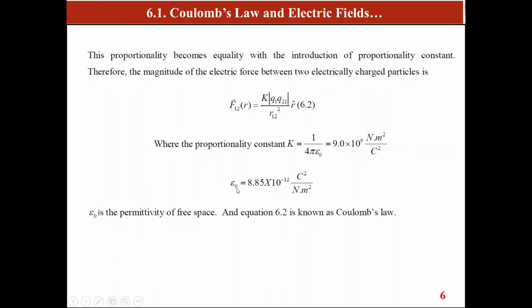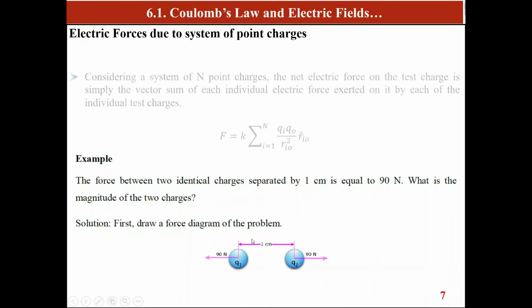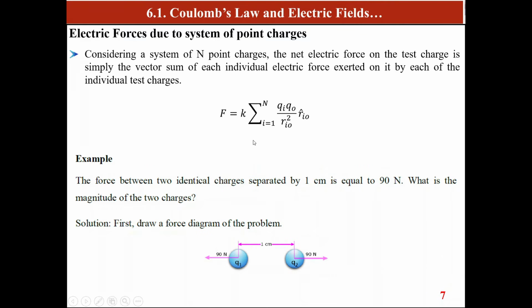Epsilon naught is equal to 8.85 times 10 raised to minus 12 Coulomb square over Newton meter square. So K in general: substitute this value here, 1 divided by 4 pi multiplied by 8.85 times 10 raised to minus 12. Finally, approximately you will get the proportionality constant K equal to 9.0 times 10 raised to 9 Newton meter square over Coulomb square. This is the value. Okay, so considering a system of n point charges,